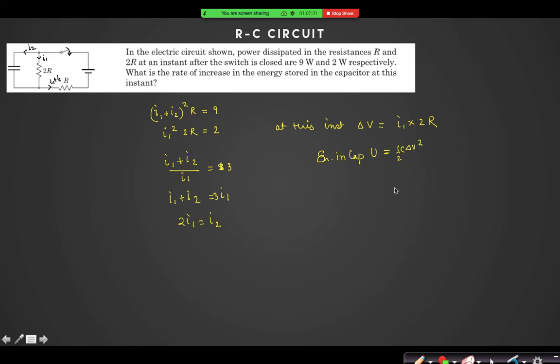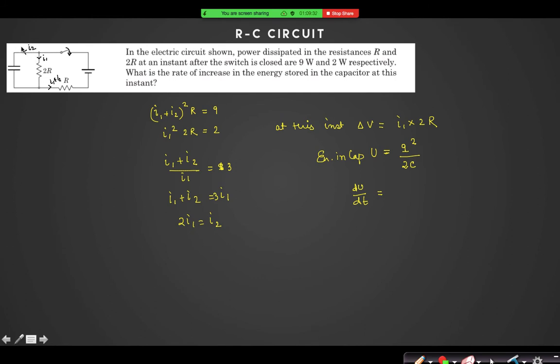Yes, sir. What is the rate of increase in energy stored in capacitor? So it is asking for dU by dt, I think. Right? It is asking for dU by dt. So if I find, Q square by 2C use করে নিলে কী হতো? মানে হাফ CV স্কয়ারও ইউজ করতে পারতে, কারণ কিন্তু dV by dt আমার জানা নাই এই ইনস্ট্যান্টে, কিন্তু dq by dt জানা আছে। dq by dt is equal to I2.